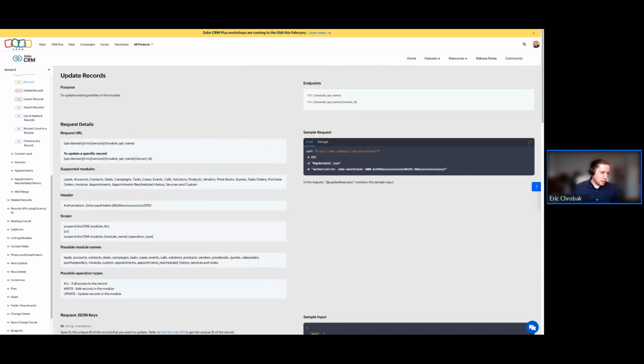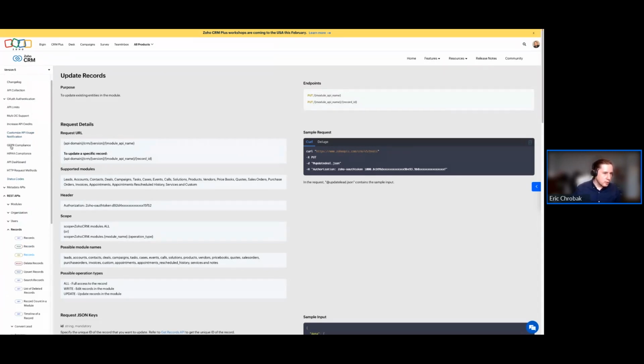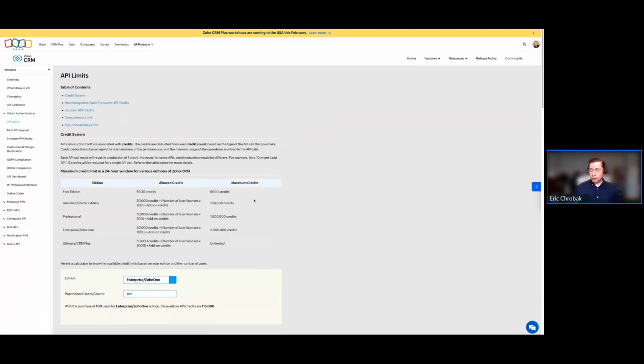Right. Let's move on to some of the limitations that you're going to run into here. It's a rolling 24 hours as far as Zoho CRM tallying your usage. So let's say you've got a big scheduled function to clean up or sync some data, and maybe you're using 5,000 credits at midnight. And then throughout the day, you're using maybe another 10,000. So you're going to be sitting at roughly